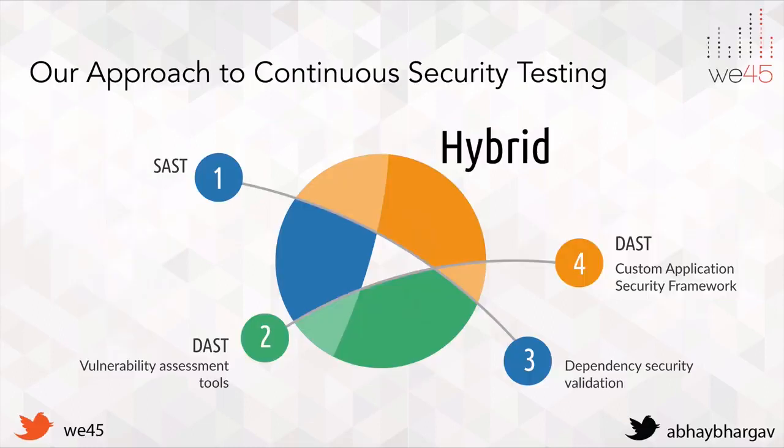So really, if you look at it, our framework has a combination of everything, right? You look at security testing, our automation really takes everything into account. We have SAST, where once the developer checks in code, we have the security automation running to identify security issues in the code. We have software composition analysis, or the dependency security validation. We run our tools with a DAST or automated vulnerability assessment, and then we also have our own regression framework that you can use. So this is really a complete package when you look at automation.